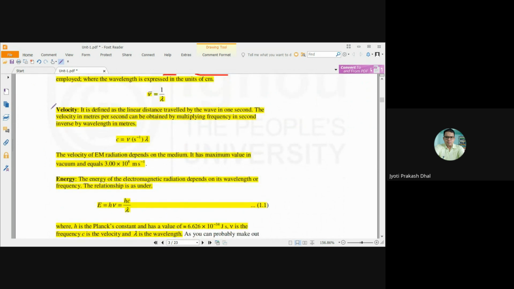Now coming to velocity, the next characteristic of electromagnetic radiation. It is defined as the linear distance traveled by the wave in 1 second. Just like an object travels per second, that is called velocity, it is defined as the linear distance traveled by the wave in 1 second, and the velocity in meters per second can be obtained by multiplying the frequency in second inverse by the wavelength in meters. That means velocity equals